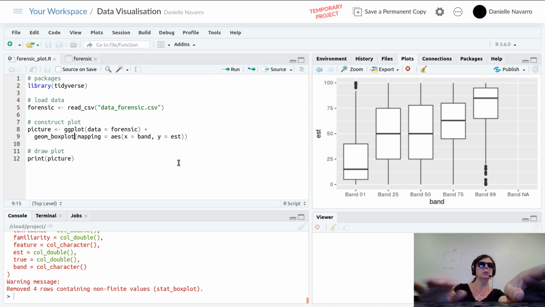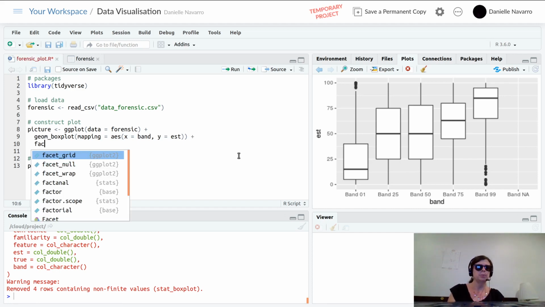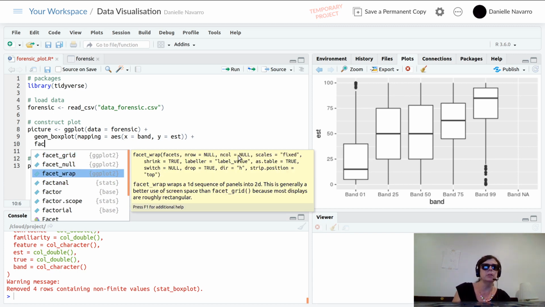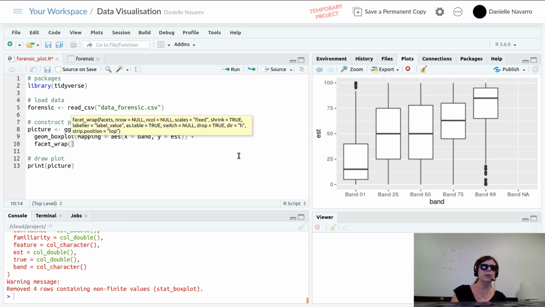So let's go back to my code and quickly do the same thing. Repetition is always useful when you're getting started. So we go plus, facet, and I'll wait for that to come up. You'll notice that there are a few different faceting functions. I'm not going to go through all of them, but at some point you might want to use facet grid. So here's facet wrap. And if I wanted to name my argument, I could say facets equals vars, and I'll say